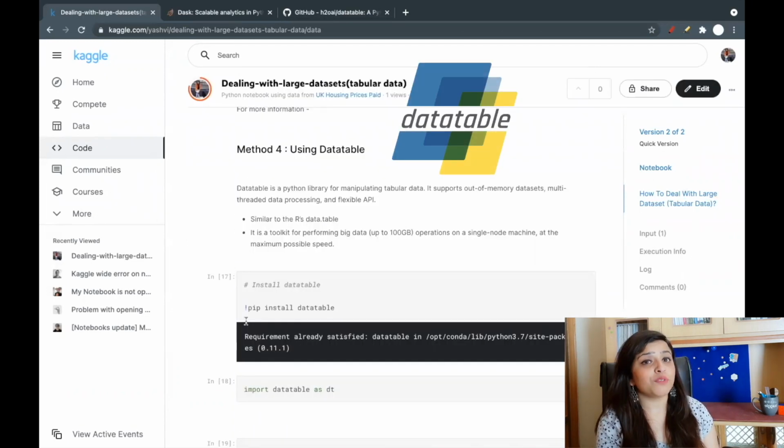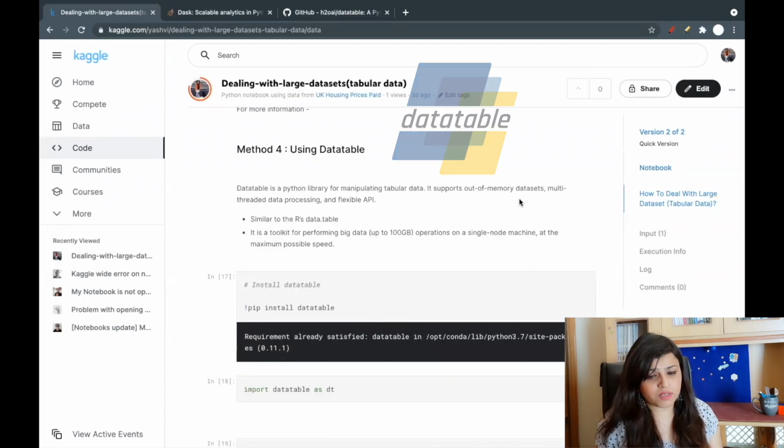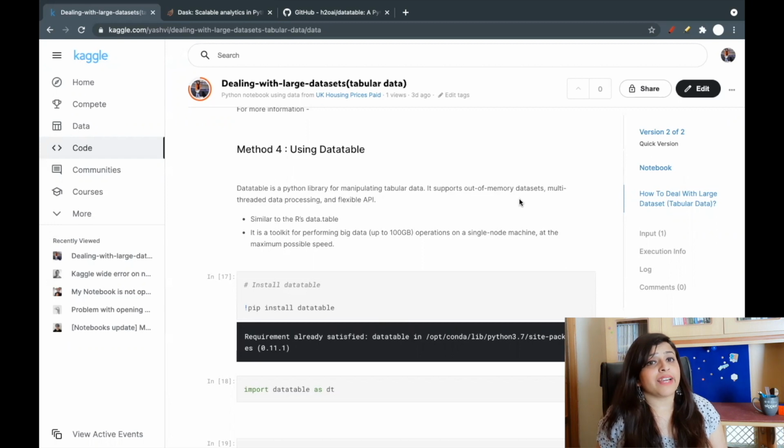Method number four is using datatable. Datatable is a Python library to manipulate data sets, or you can say big data sets, because it uses a multi-threading approach. If you are familiar with R's data.table, it's similar to that in the Python version. It's a toolkit for performing big data operations.